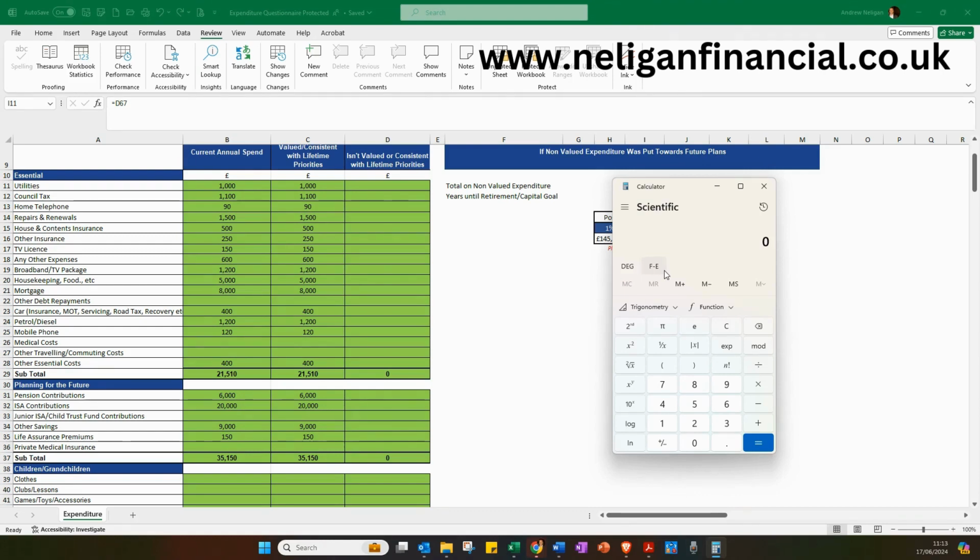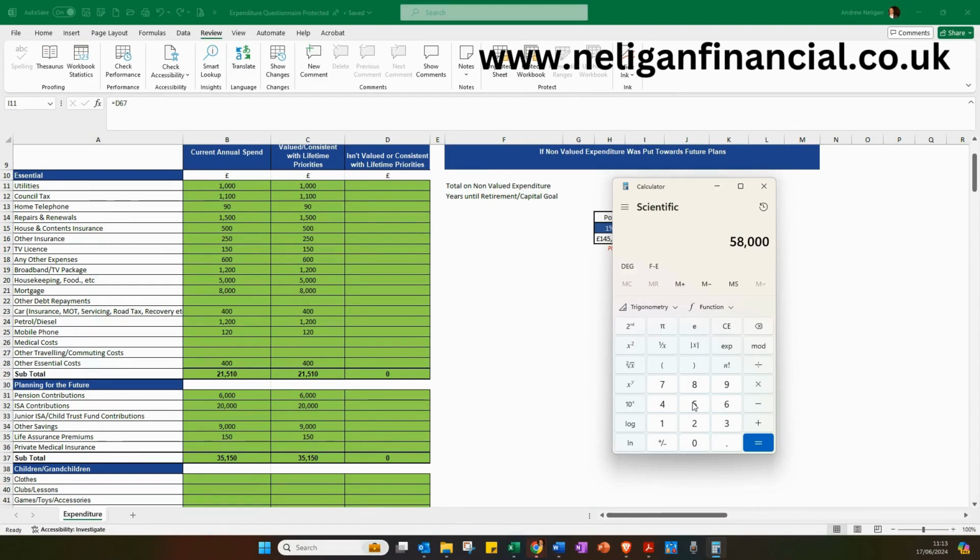So what we'll do is put into our calculator 58,000, and then we need to work out what £58,000 will be in the future when we plan to retire and are reliant on our personal resources rather than income that we're getting from employment or self-employment, however you work. So what we need to do is increase £58,000 by 3%. And in my example earlier, I said I want to retire in 5 years. So we need to know what that £58,000 will be in 5 years' time, allowing for inflation.